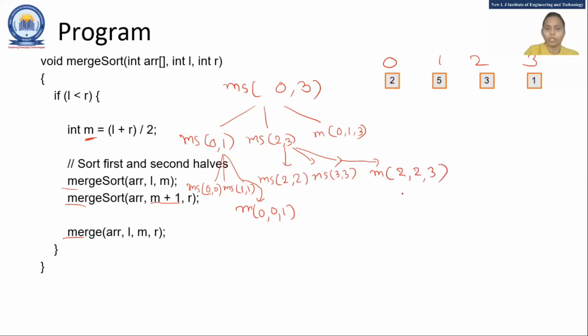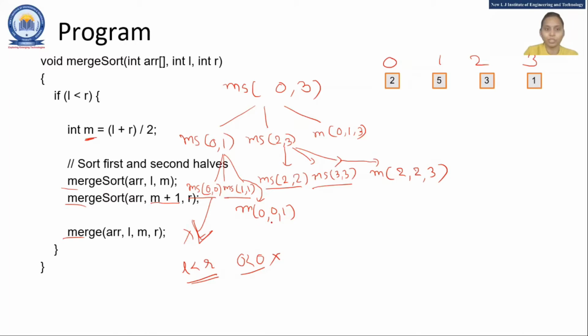3. Okay. Now, do I need to go further? No, because as I move further, L is my 0 and R is my, okay. The condition says L should be less than R, but in our case the condition is wrong. So we don't require to go further. Okay. So this is the last stage for all the merge sort. So this thing is clear.